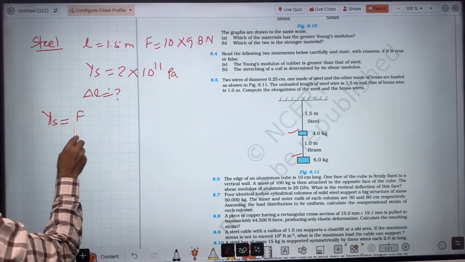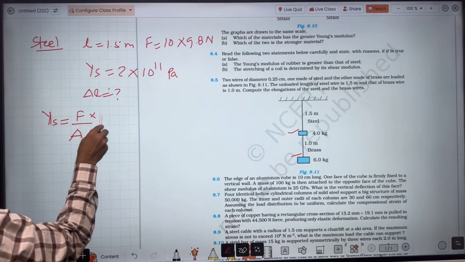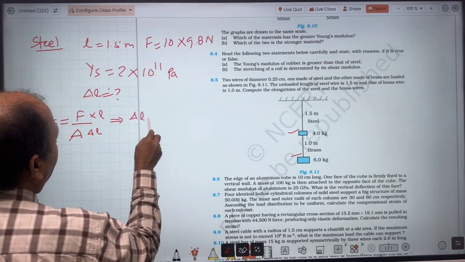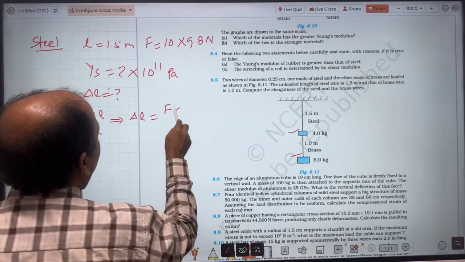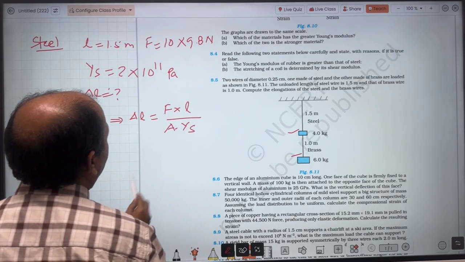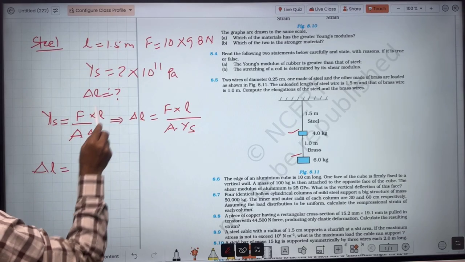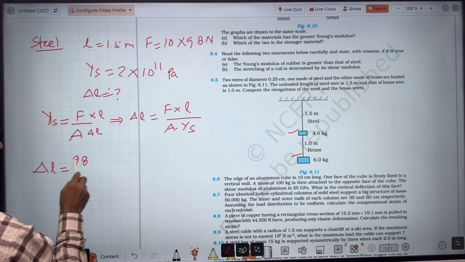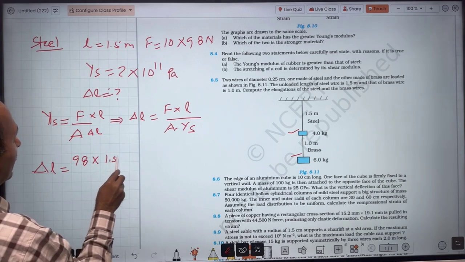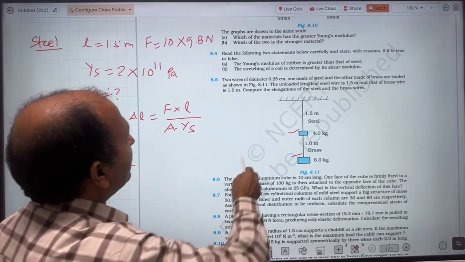Y steel equal to F upon A times delta L into L. So we can do one thing. We can write delta L here. This will be F into L divided by A into Y steel. Let's put the values. So delta L equals force, that will be 98 multiplied by length of the wire, that is 1.5, whole divided by area of cross